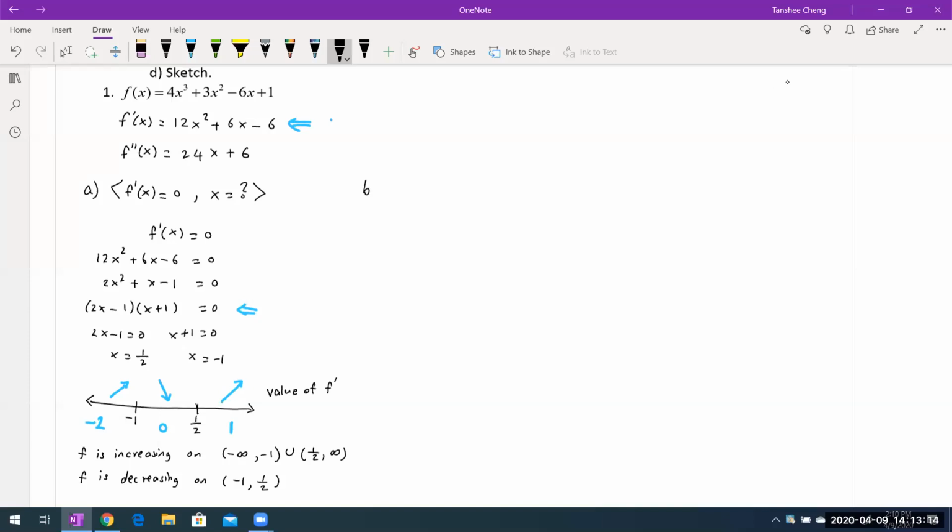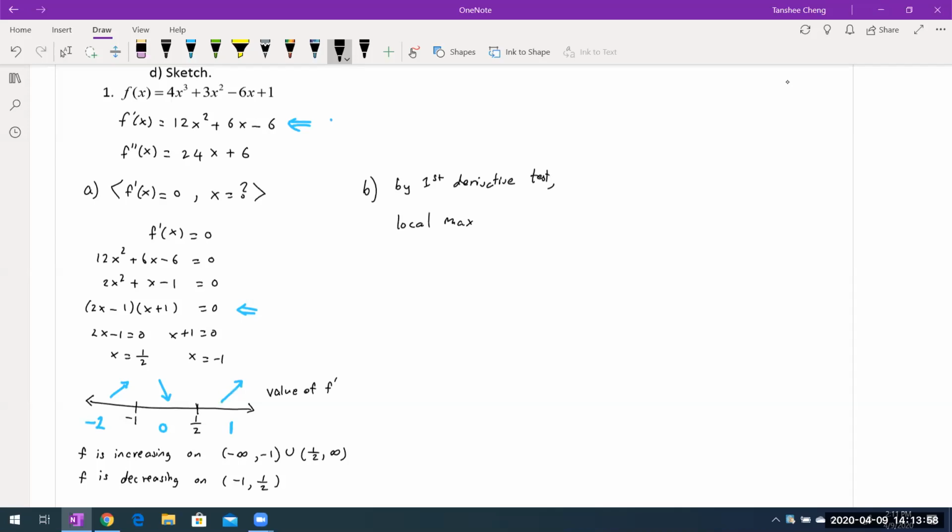So part B is asking us to find where my local maximum and local minimum are. So from the first derivative test, if the first derivative value is going from positive to negative, then we're going to have a local maximum. And if the value of the first derivative is going from negative to positive, then we have a local minimum. So now I can say that by the first derivative test,